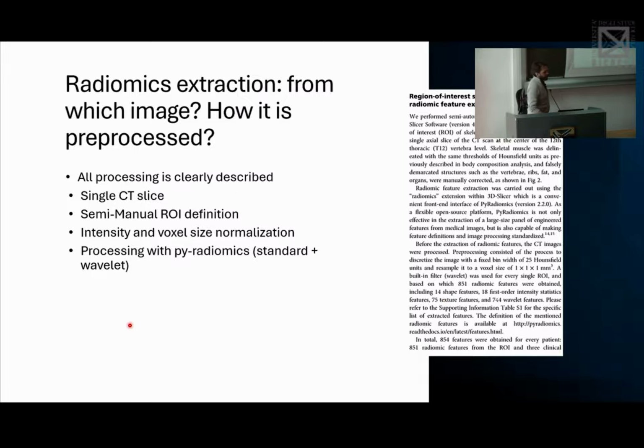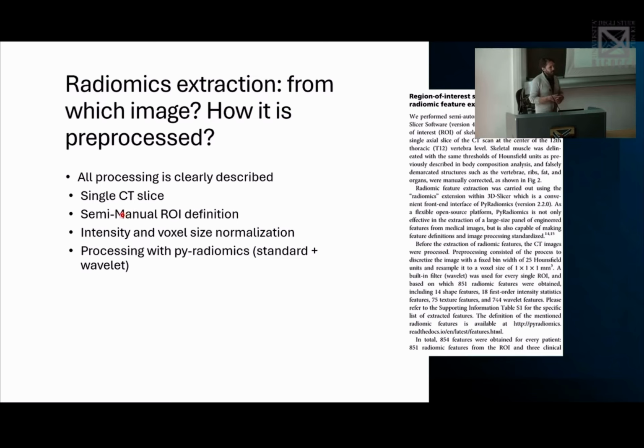Now, as they are doing a radiomics analysis and one wants to be able to replicate that, the point of scientific publication is to allow people to replicate your analysis. Here they give all the data. They described which library they used, which was Radiomics. They described that they worked on single slice CT, which regions of interest they used, and it is a semi-